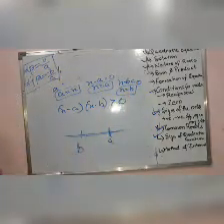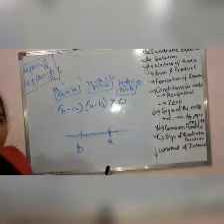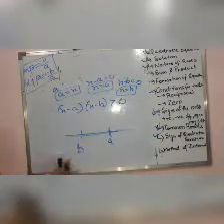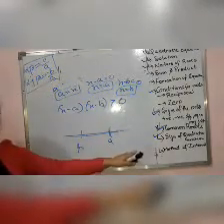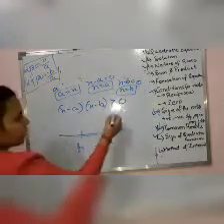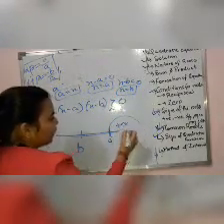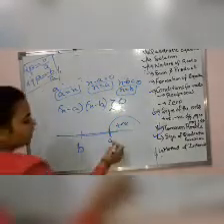Accordingly, whichever is greater, if a was greater, then we put it here. If b was greater in value, suppose a was 5 and b was 7, then b would have come here on the number line as we represent it. Now after this, we know that this sign is greater than. So here I'll have the positive values. How will I have positive values? You see, a is there.